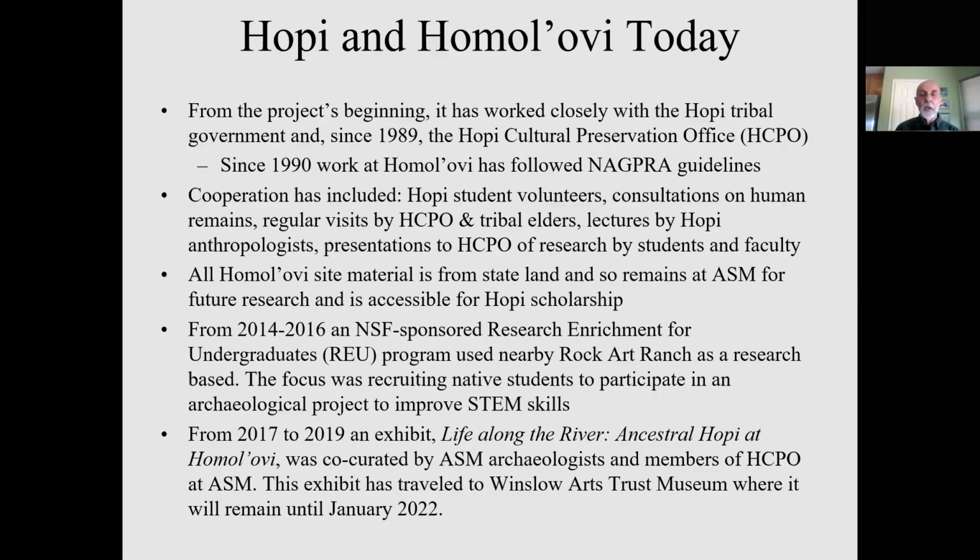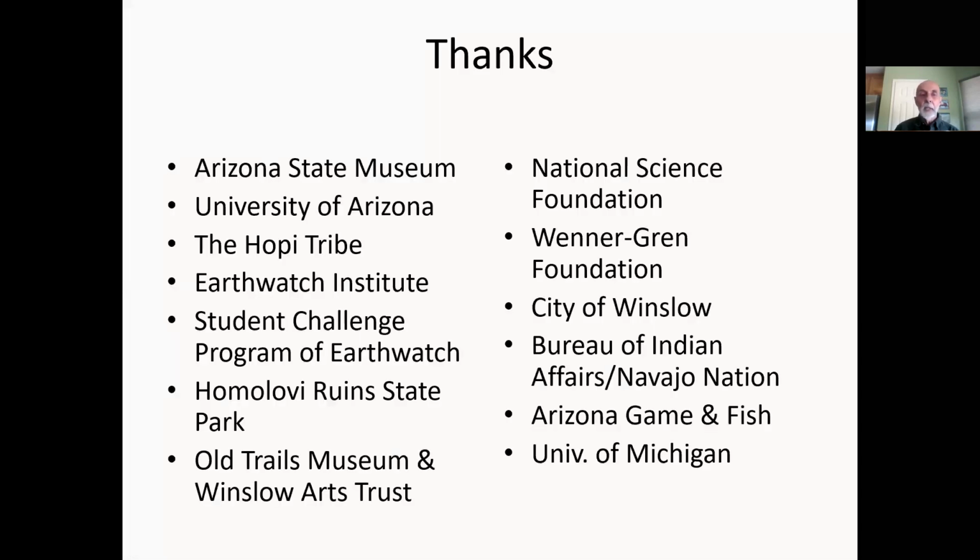So this is just a discussion about our involvement with the Hopi in terms of the important role they've played in helping us do our work, our research, and our exhibit that we did at Arizona State Museum, and that is now in the Winslow Arts Trust building next to the La Posada. We've gotten some grants specifically to increase Native student participation in archaeological research. And I want to thank again the Winslow Arts Trust for hosting the exhibit, and all these people and foundations